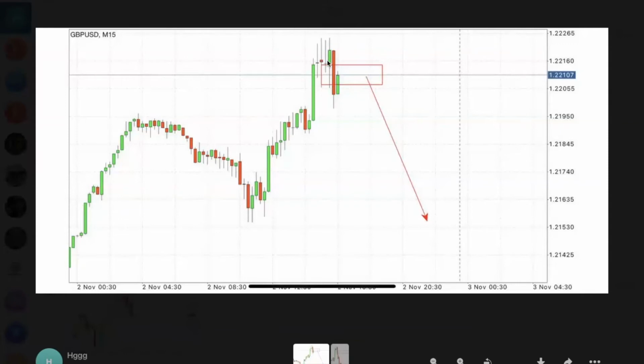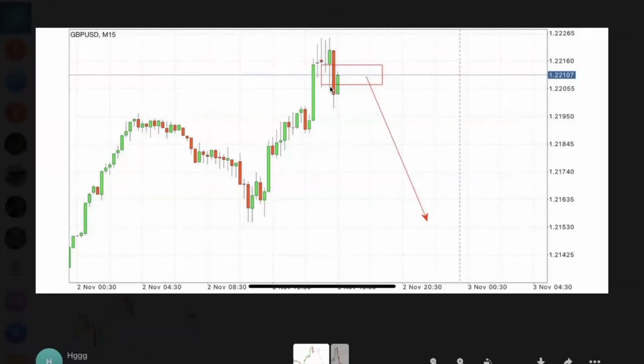So price is rallying. For this example, you just sit on your hands and you have to wait for them to print the PD array. And I have it highlighted for you. This is before the fact, and I traded this, okay? This is one of my models. Price is rallying, and then as soon as they create the engulfing bearish candle that closes below a bullish candle like this,